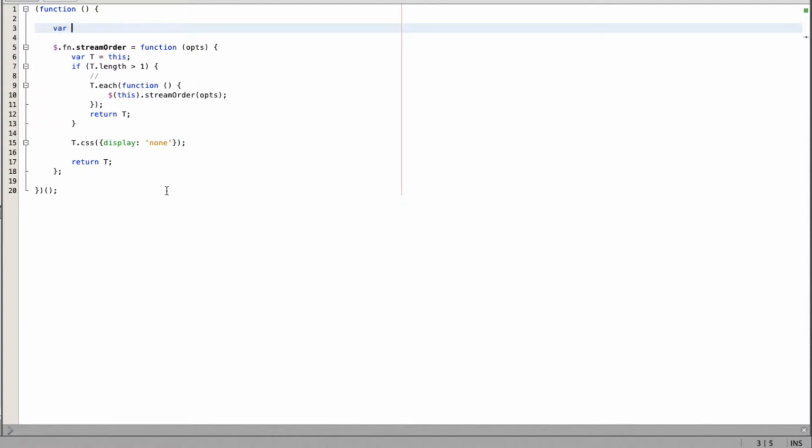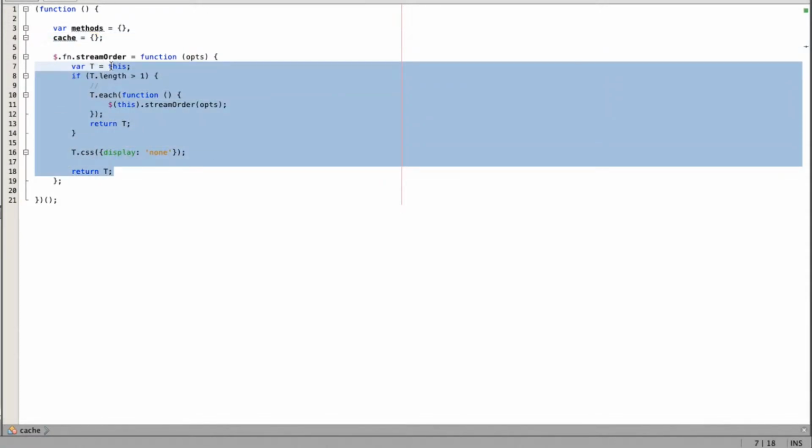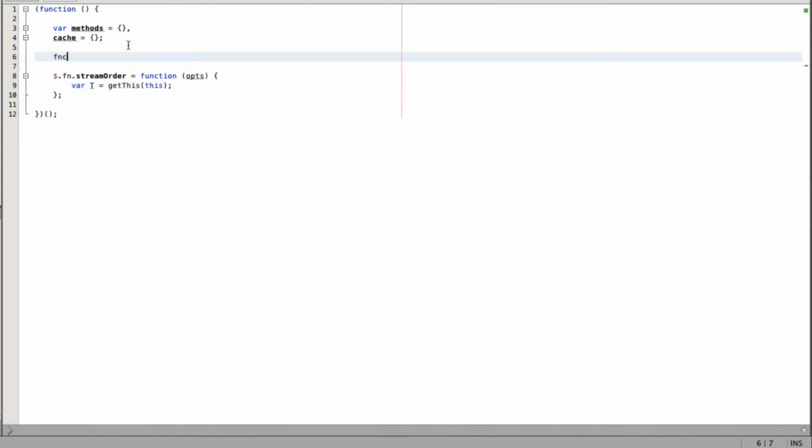So first thing I'm going to do is I'm going to say var methods equals that, and I generally have a cache as well. So $.fn blah, blah, blah. So I say var t equals get this, and then create the function. Function get this